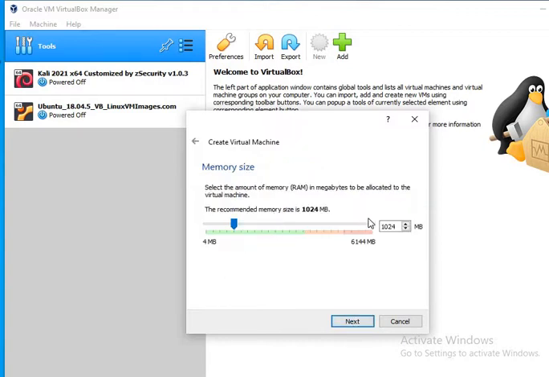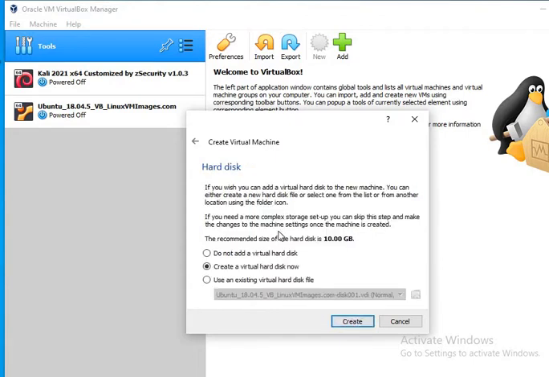In the next step I will be giving how much RAM I want to allocate. Right now it is almost 1 GB, so I can make it approximately 2 GB of allocation for my image. Then I go to next, and there are options like you want to create a hard disk